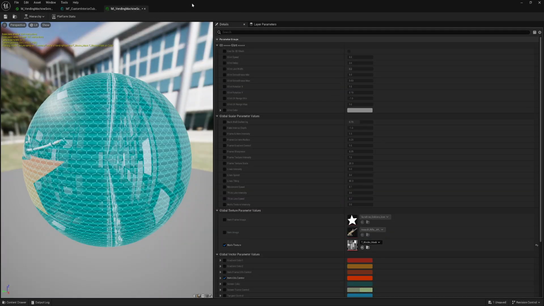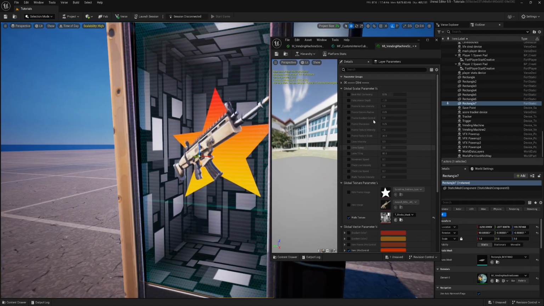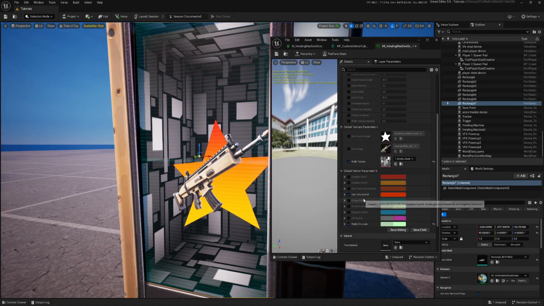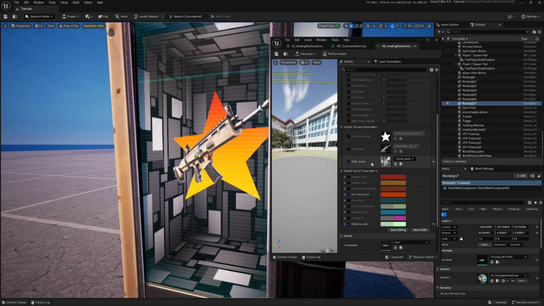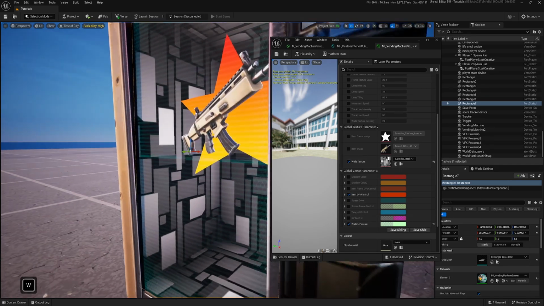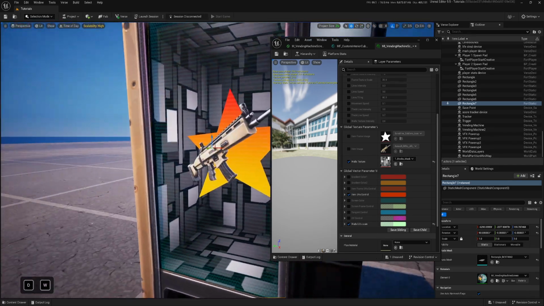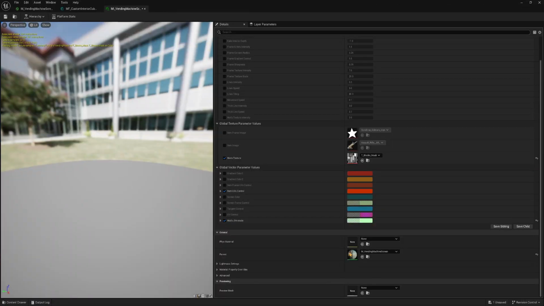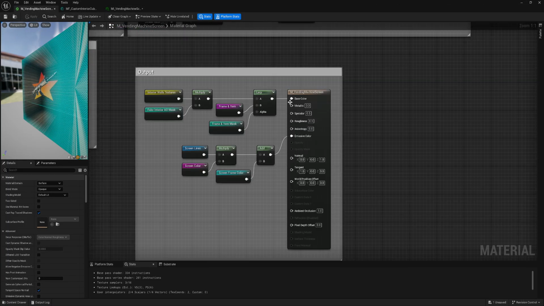And now in the material instance, we have lots of parameters, but they are in a mess, so we need to categorize them. And secondly, I forgot to add some reflection because I want it to look like a screen. So let's go back here. I don't need parameters for that, but you can set it as parameters if you want to change per mesh, but I will set it to 0.95.